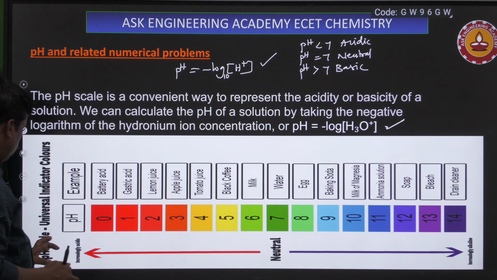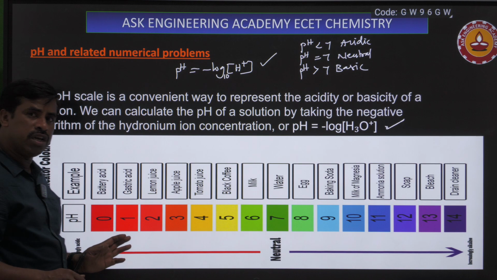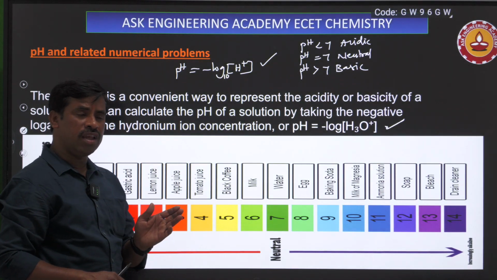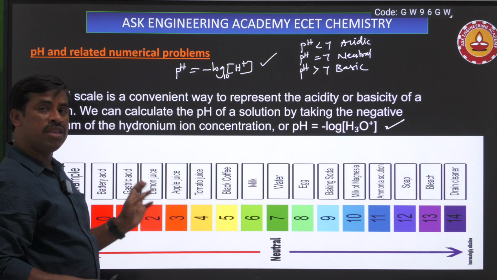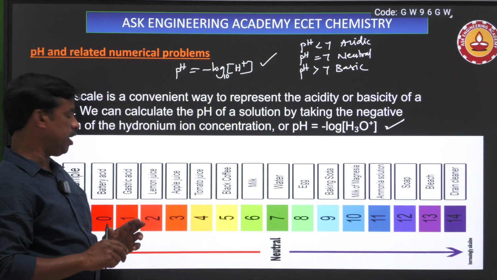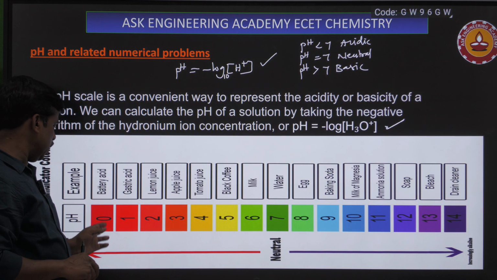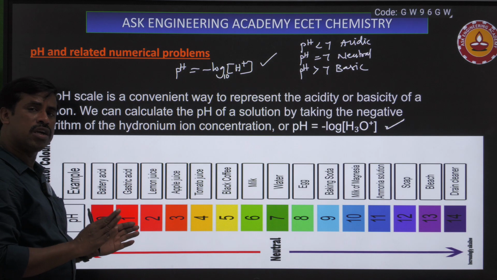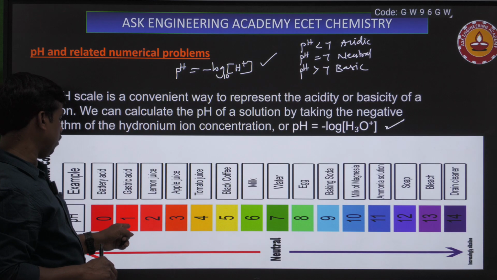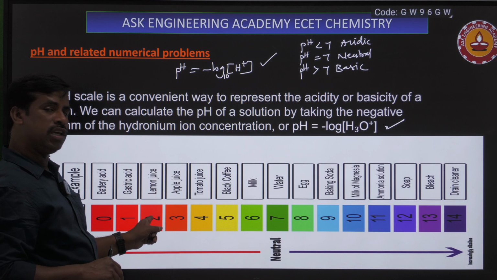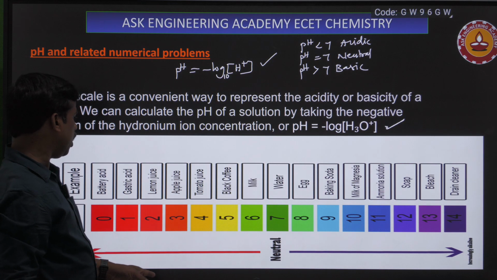Okay, here a few pH scale values are given, check them. Here the pH value should be 0. Battery acid, which we use, does not contain any pH value, it should be 0. Here gastric acid has pH value 1, lemon juice pH value 2, and apple juice pH value 3,